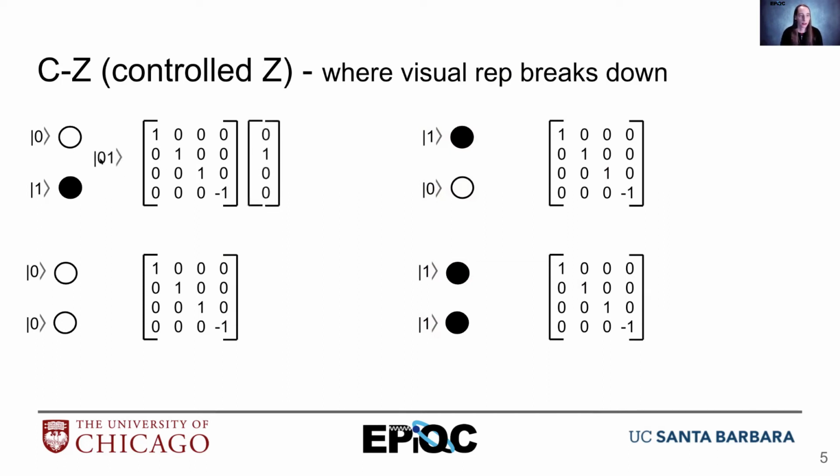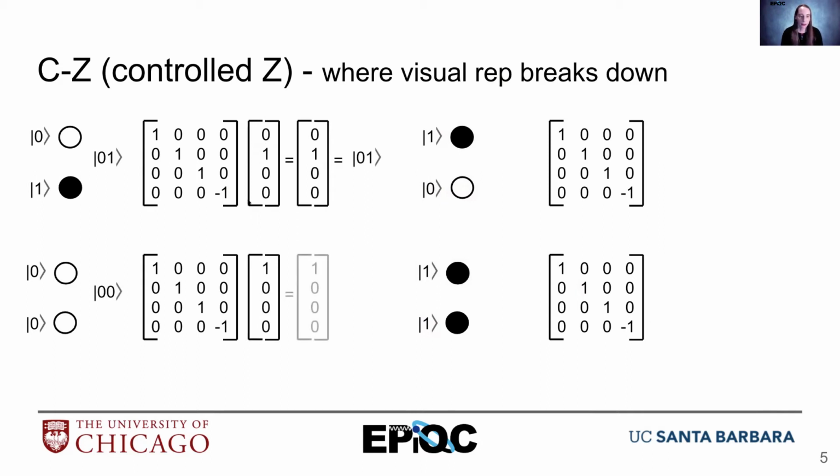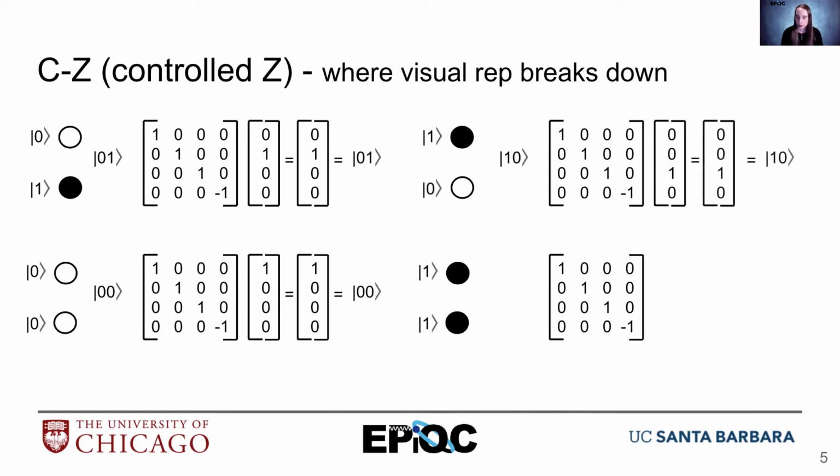So in the first case, we start with a 0 1, which is a 1 in the second position. And if we multiply it out, then we'll see that it had no change. Likewise, when we start with a 0 0, that's a 1 in the topmost position, and the result is 1, 0, 0, 0, which is also no change. Then we have our third choice, which is a 1 0 on the vector. If we multiply this out, we'll get exactly the same as we started with.